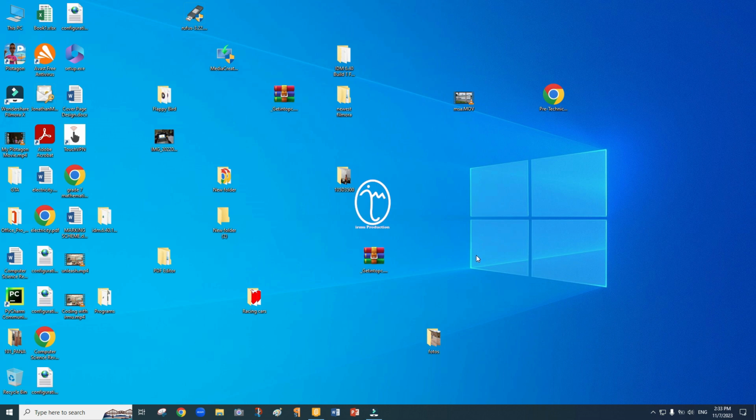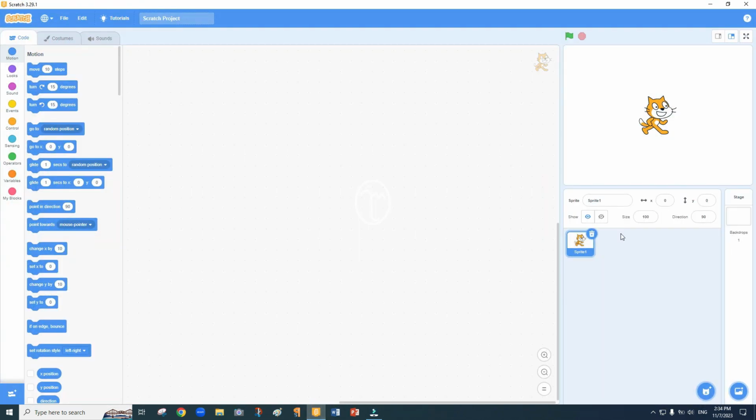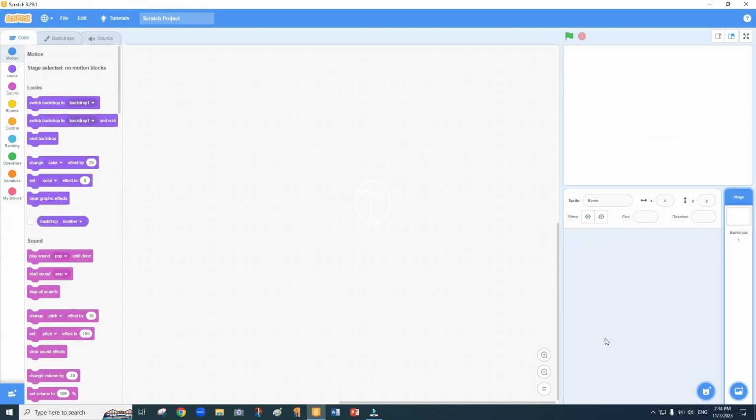Today I want to show you how to make a Pong game in Scratch. So just follow the simple steps that I'll give you in order to make a Pong game in Scratch. So the first thing is to launch Scratch, delete the sprite on the screen, and then I'm going to put